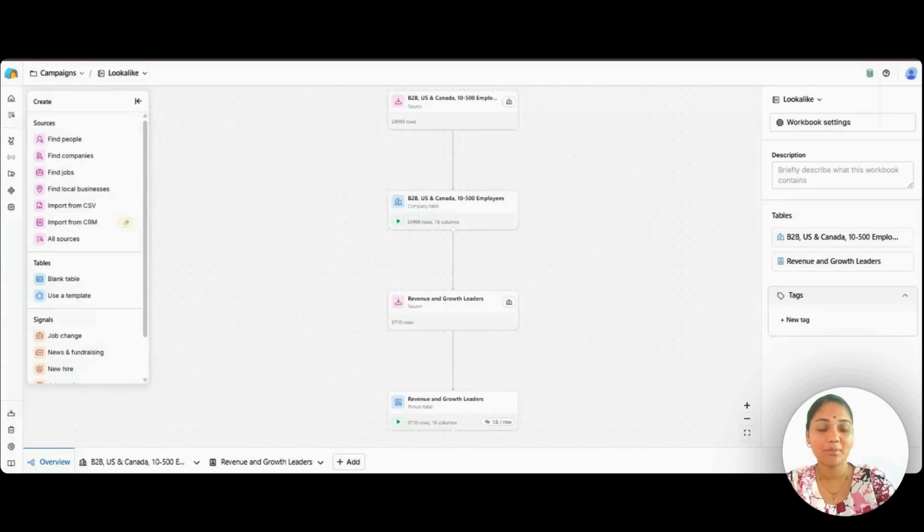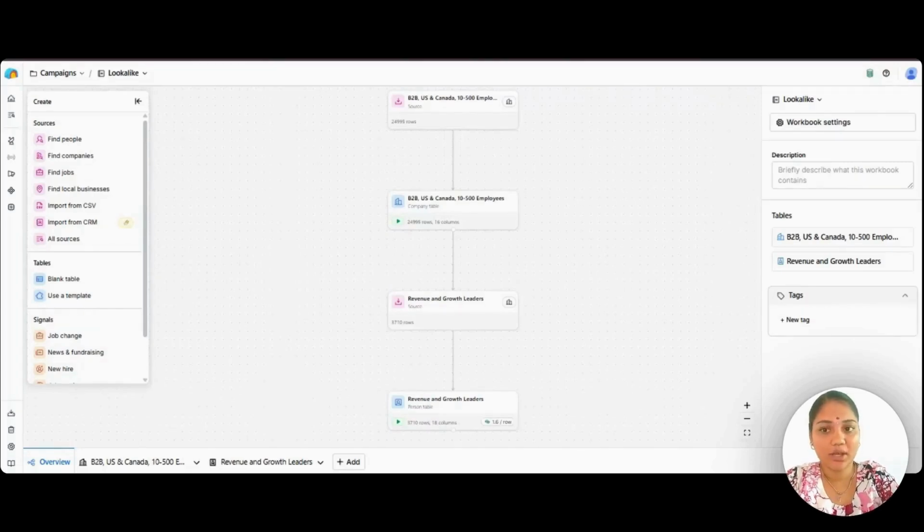What if you could clone your best clients, like find hundreds of people who look just like them, same industry, same size, same profile? That's exactly what a Lookalike campaign does. And in Clay, it's honestly pretty simple once you see it. I'm going to walk you through the table I already built so you can just follow along and replicate it for your own business. Without wasting any time, let's get into it.